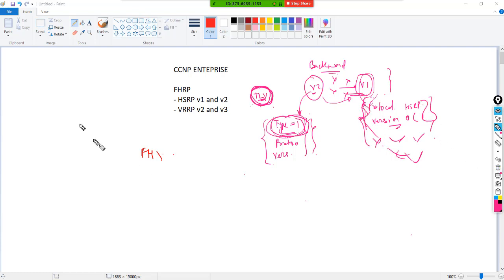Regarding the similarities, both run by default on plain text, but you have the support of MD5. They have similar states: init, listen, speak, and then they decide who is active and who is standby.